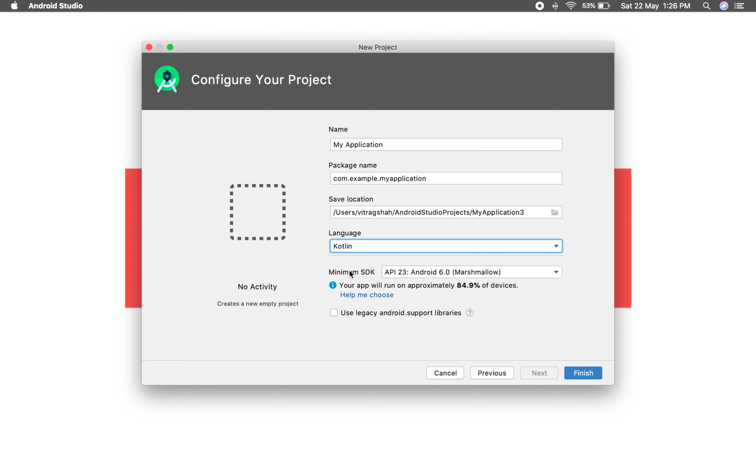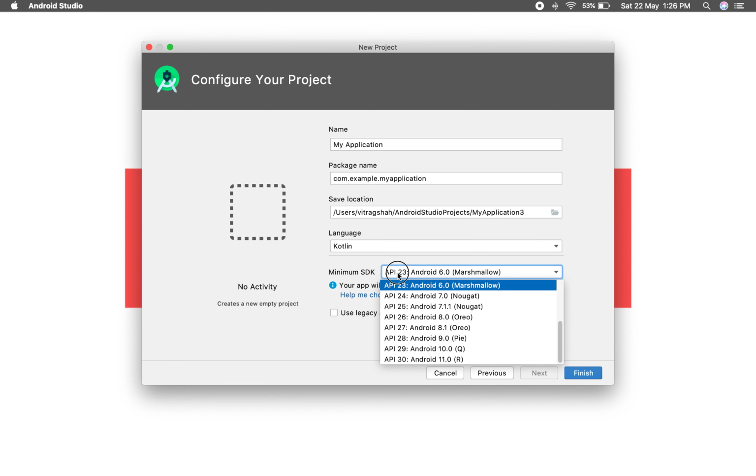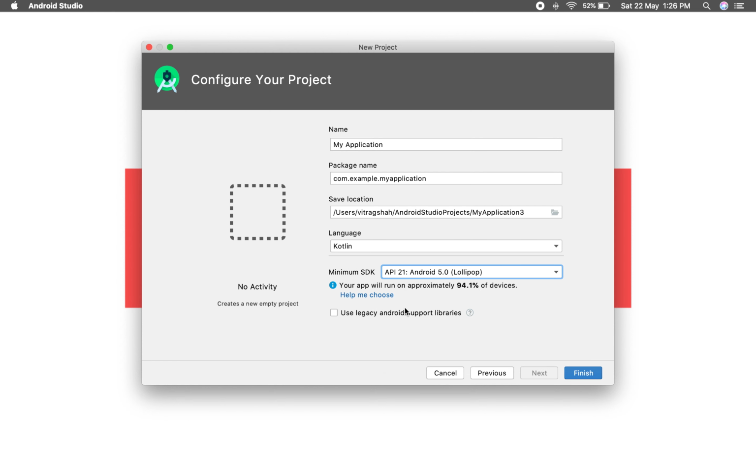Here it tells you to select the minimum SDK version, which means the minimum API level you want to support. I will go with Lollipop for now, and it also shows general analytics data about how many devices you cover once you select this version. Once you select API level 21, you cover approximately 94% of devices used in the world.